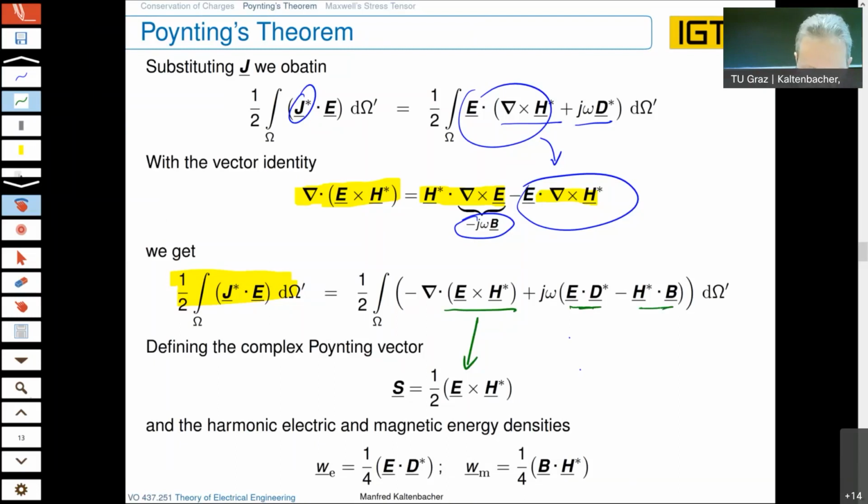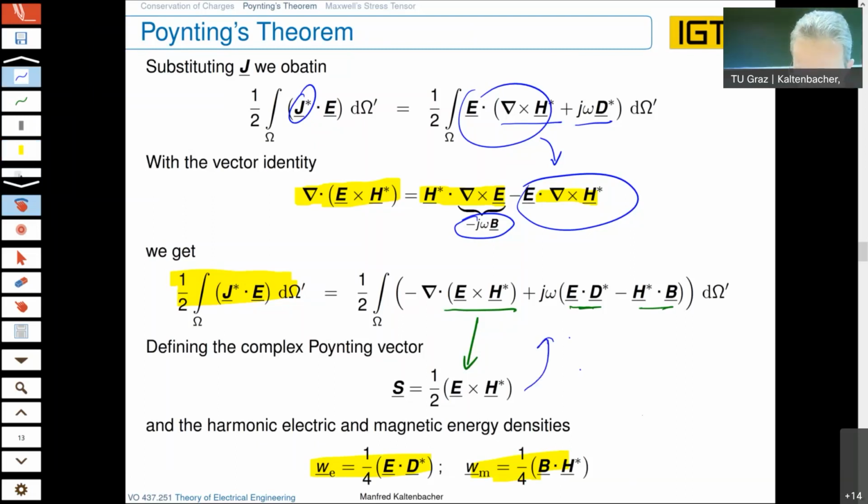To be precise, as written here, we have then 1/4 as a scaling factor, which we have to put in when we substitute these expressions,